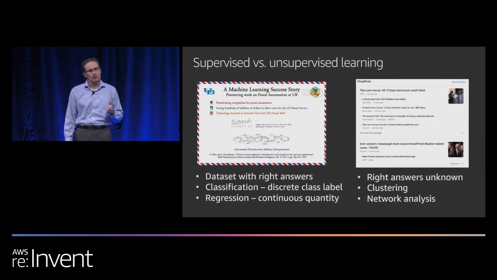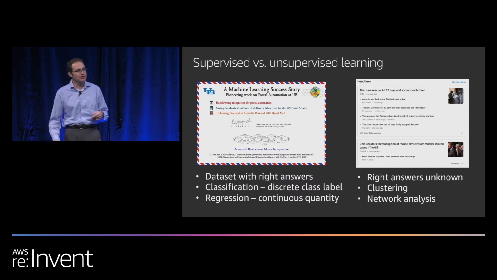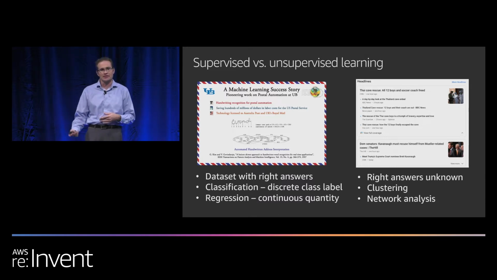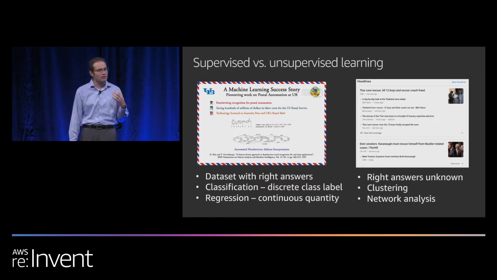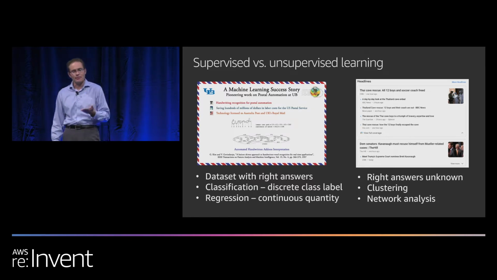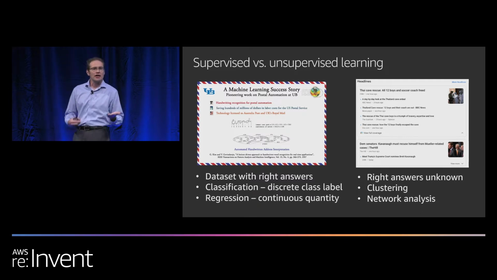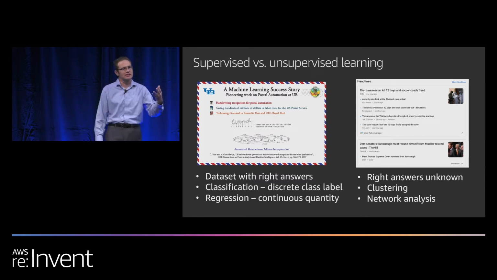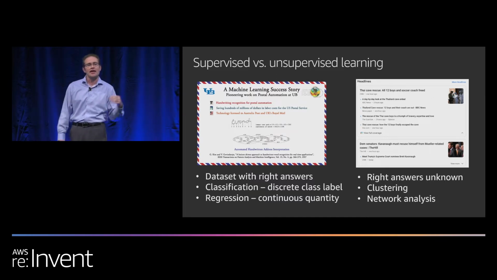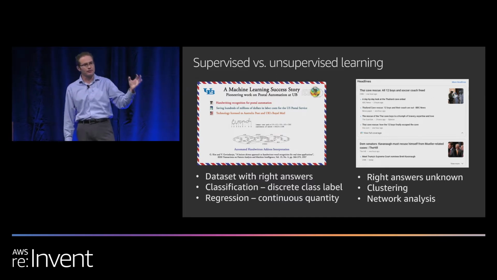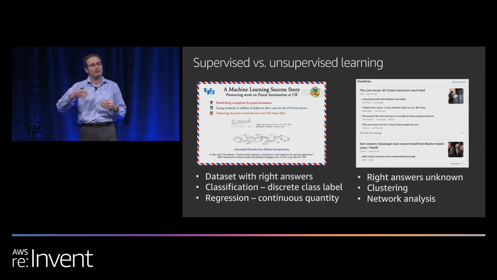So when we talk about learning, there's really two broad categories. You have supervised and unsupervised. On the left, you see supervised. So you're talking about a data set with the right answers. So an example of this is classification. So if you had a bunch of different fruits, right, each one has a label. So you could say, okay, I have apples, I have pears, I have bananas. And based on the attributes of the fruit, you might be able to predict what type of fruit it is. But there's a right answer there, right?